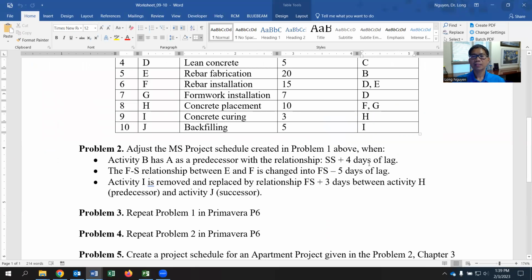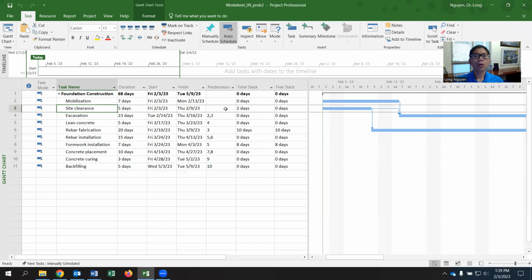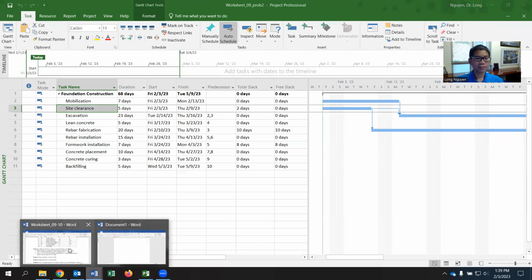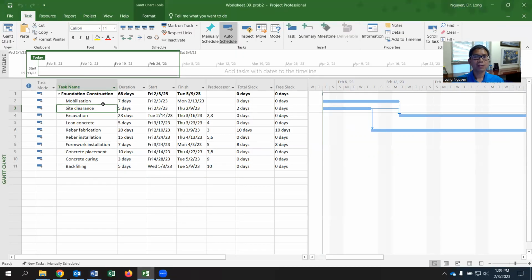And with that, we can introduce the relationships that we have. B has SS plus 4. You can see that it used to be that B had no predecessor, so it could start on the first day. Now we change it to start only 4 days after mobilization starts. I can do this in a few ways. Let's watch carefully in the predecessor column. You see it is empty here. Now you can right click,